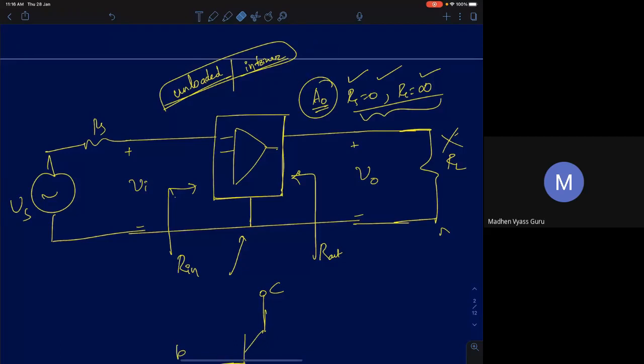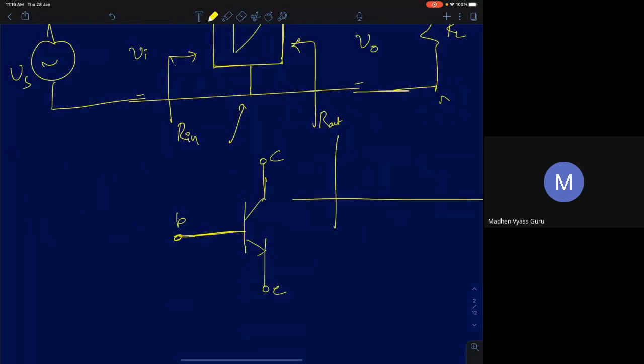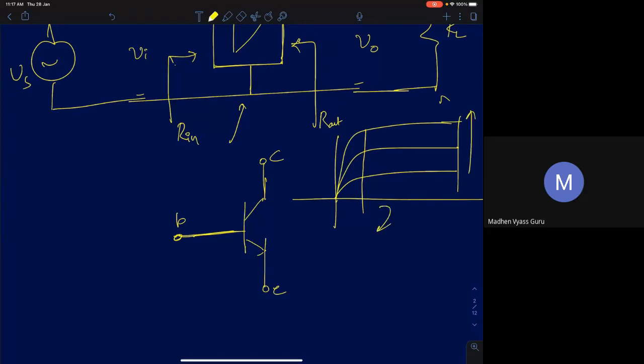Okay, and as I told you, if a BJT has the IV characteristics, the output characteristics, as we saw before, then such a device can be used as an amplifier. I said if a BJT or any amplifying device has output characteristics that look like this, which keep changing with different input voltage, then this device can be converted into an amplifier. That's what we discussed already in the previous lecture. And we also know that a BJT behaves this way. In this region, the BJT's collector current only depends upon the base emitter voltage. Therefore, a BJT can be used as an amplifier.